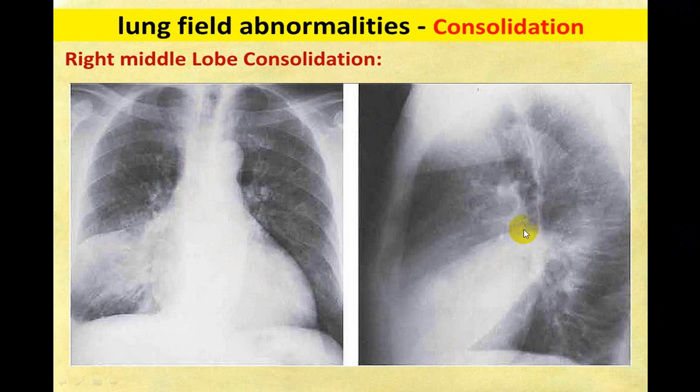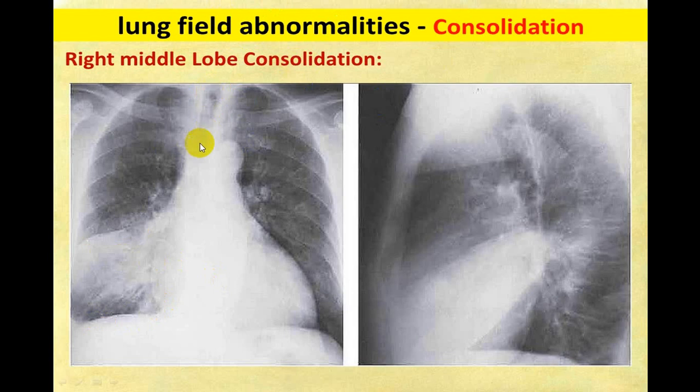In a right lateral view, you can see that this is a triangular shadow. This is hilum, this is periphery, triangular shadow. A little air bronchogram is seen here. And along with this, if you see, the trachea is shifted to the right side, the same side. So this has to be a collapse. And when a diaphragm is demarcated very clearly, now you can see the diaphragm is clearly seen. You can see even a cardiophrenic angle, not costophrenic angle, cardiophrenic angle. So it is not the lower lobe. So this is the right middle lobe consolidation which can be seen.